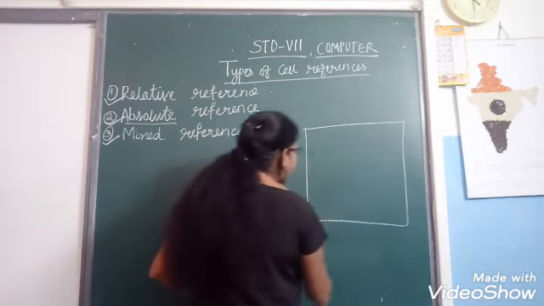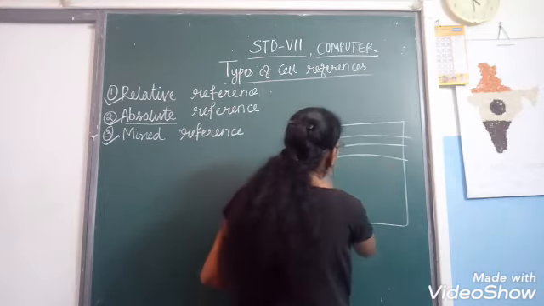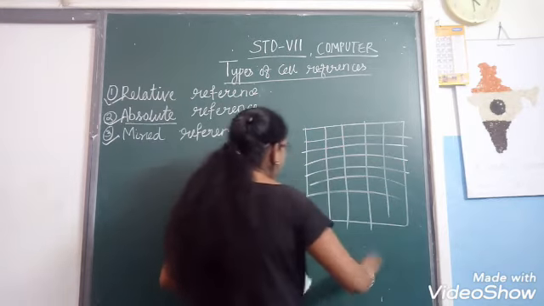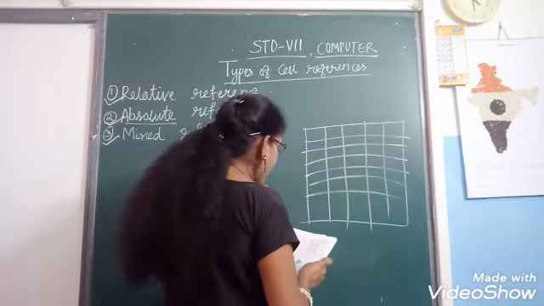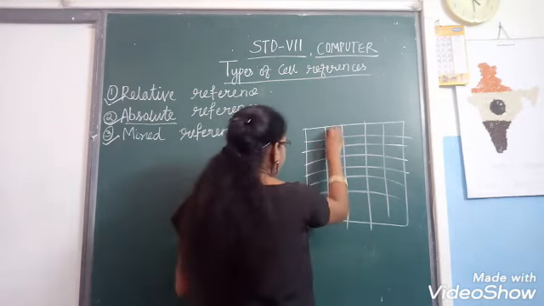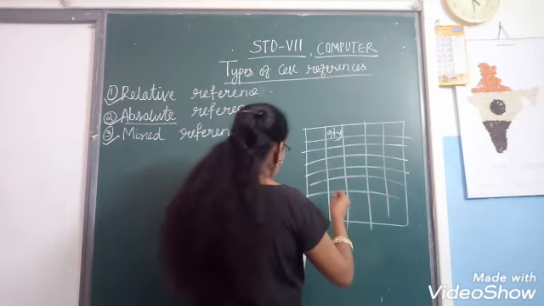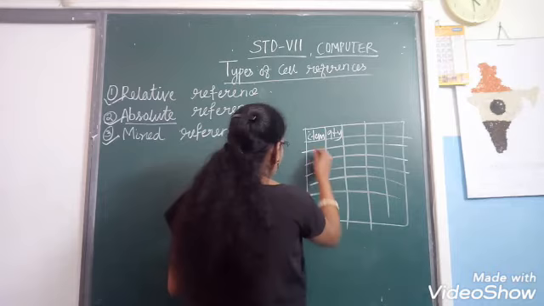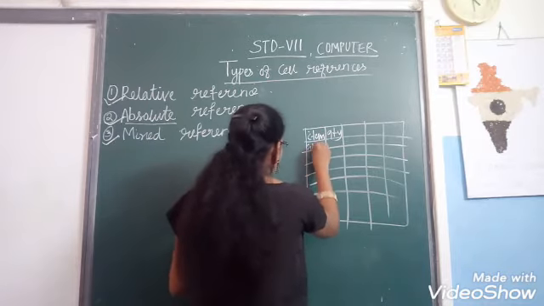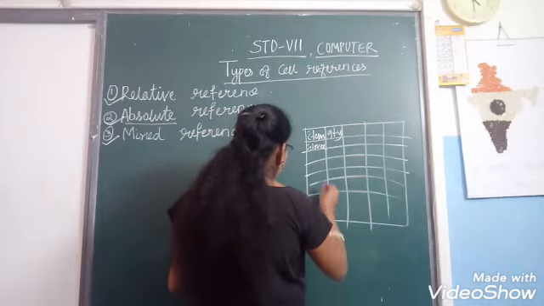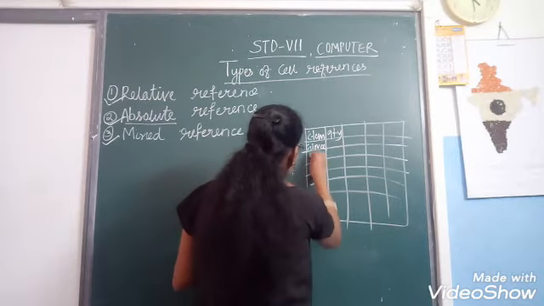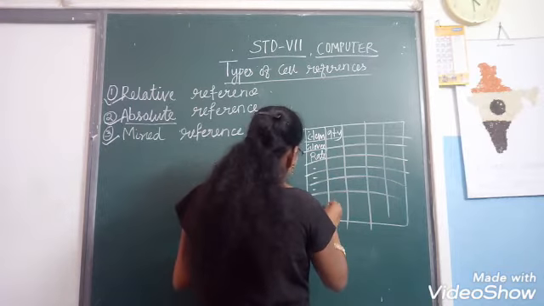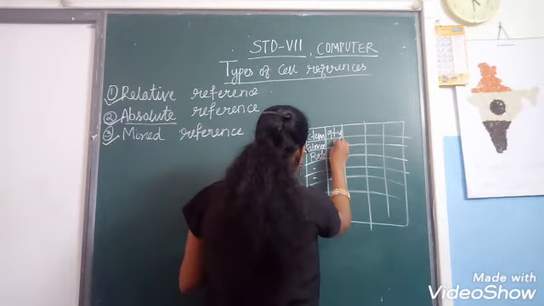Suppose here again the Excel sheet is like that. From your textbook, let us see that here quantity is there, and here the item is there. And here the item is globes. The item names are globes. And here we have the rate, let it be whatever rate. And here we have the quantity 6.